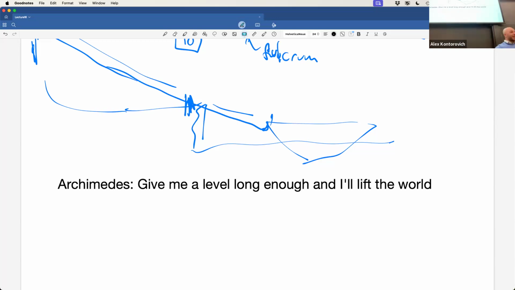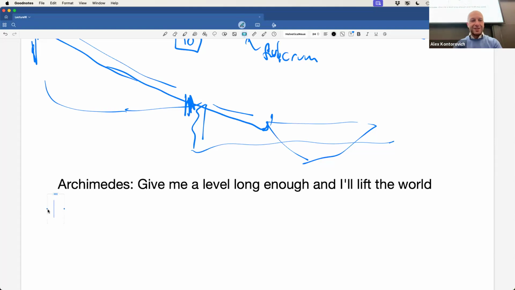He got into the bath. He's trying to think about this problem, and he gets into the bath. And as he gets into the tub, he sees the water level rise. And he goes, "I got it." Except he yells, "Eureka." And he jumps out of his tub and starts running to the king, forgetting that he's completely naked. So this is like, you don't do the Olympics anymore, right? It was banned. Okay, I'm getting in trouble just for reminding you that used to exist. Anyway, it was the original nude Olympics.